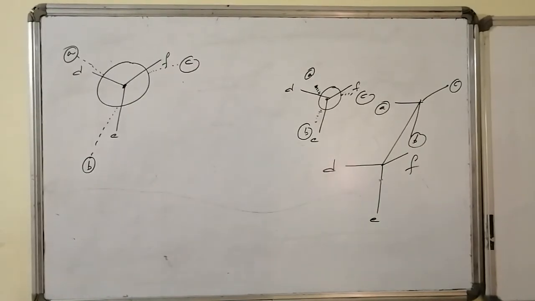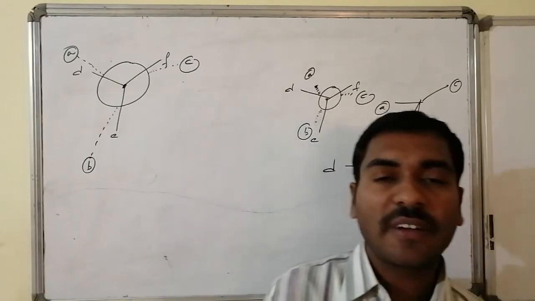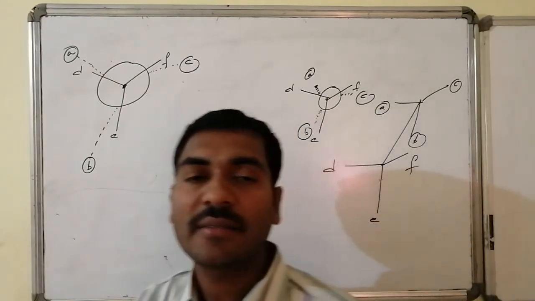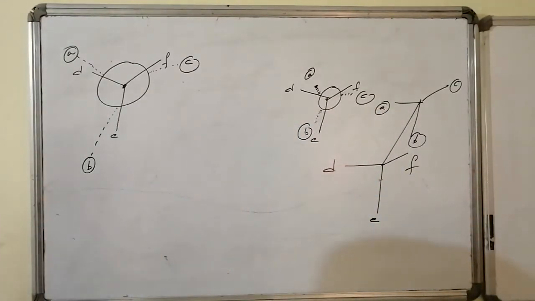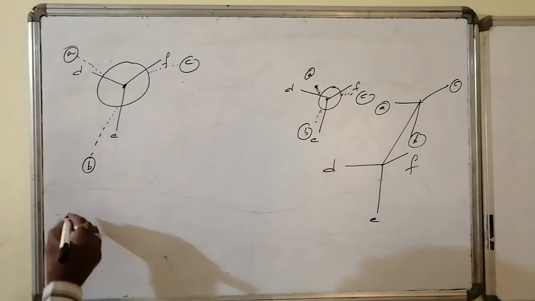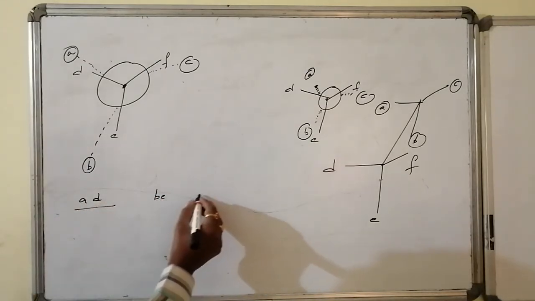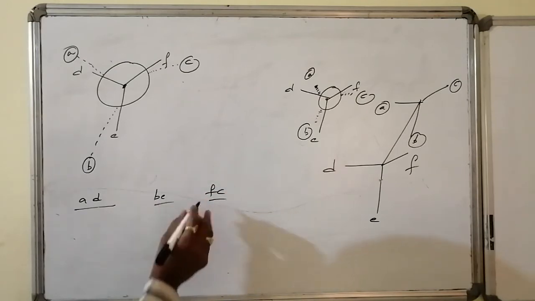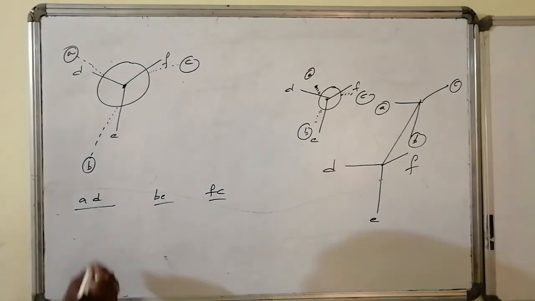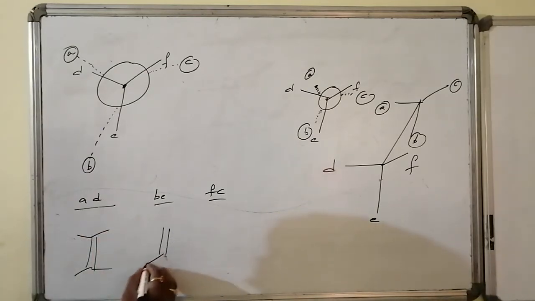Yes, from the direct Newman presentation, which particular stereochemistry of elimination is predicted from the Newman? Newman is also the eclipsed form here. So if syn elimination occurs, I can apply the even rule. I am writing for certain things only. If A and D are going to be eliminated, otherwise B and E are going to be eliminated, or F and C are going to be eliminated in syn version, then the stereochemistry obtained for the products is like this.